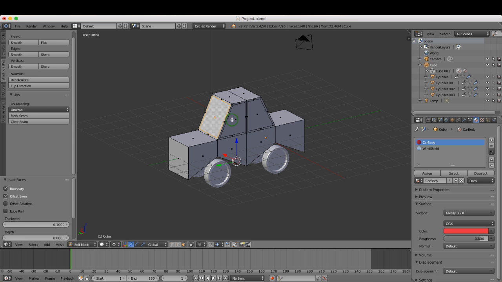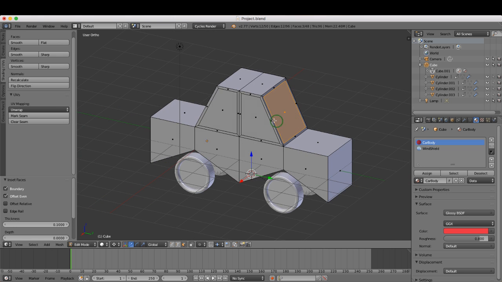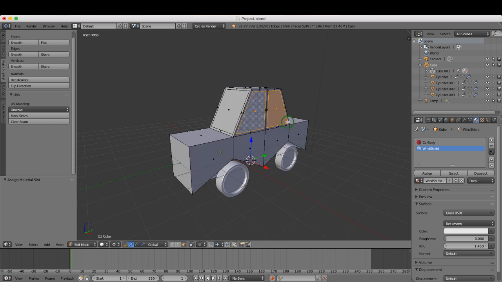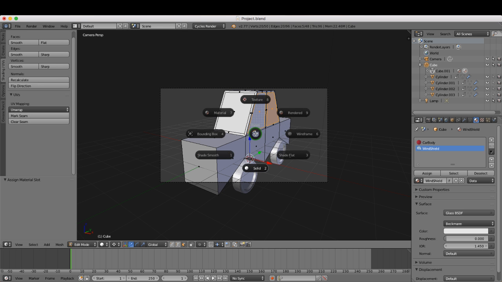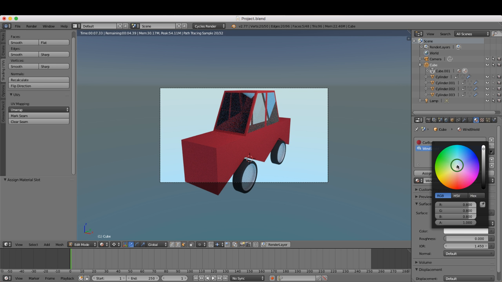Okay, and if I press and hold shift while I'm selecting all of these windows, I can just come back to the windshield and select the sign. Okay, and now if I press 0, tab back to the camera view, press Z and choose wireframe. Okay, now my windows are all tinted,